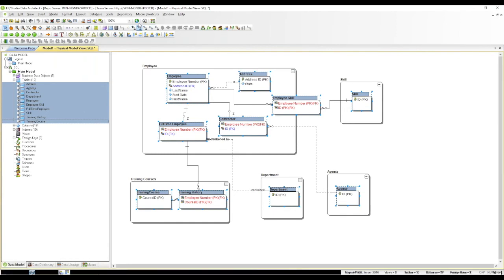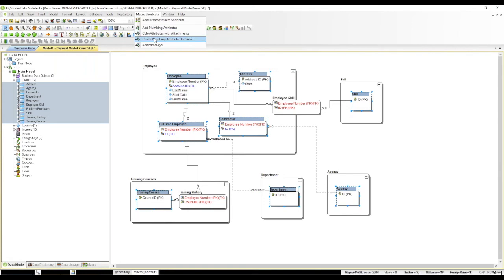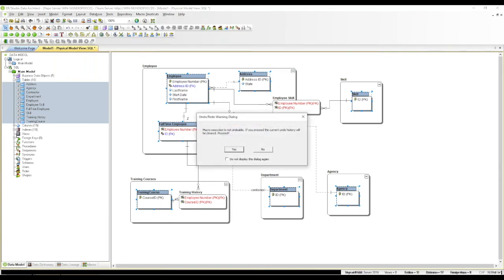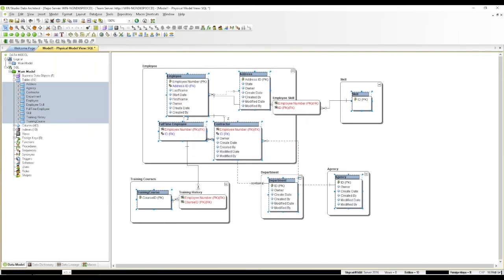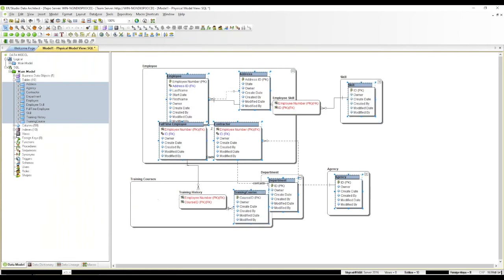All right, so now I'm going to go to my macro shortcuts, because this macro that I have will only be enacted on those objects that are selected. So maybe it doesn't make sense to have one for this walkover table or this one either. Now I'm going to run this and create my plumbing attribute columns, add plumbing attributes, because I've already created my domains, and I'll show you why creating the domains is important. Now it's going to go through and create my owner, created date, created by, modified date, modified by, and then I'm going to